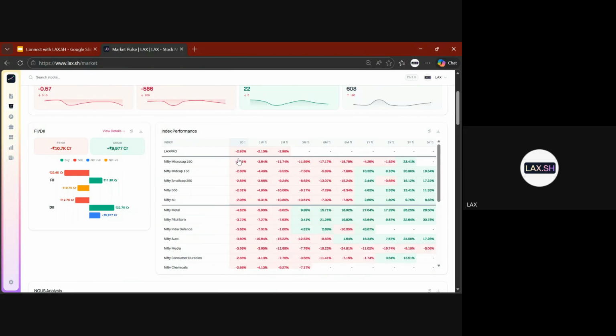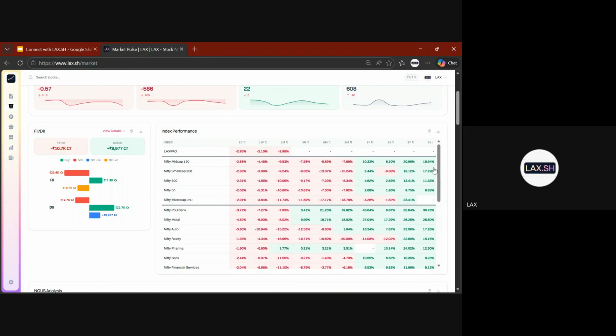You can also look at this. You'll see what has fallen most: Nifty Metal, PSU Bank, Defense, Auto, Media. Basically, whatever has been doing really great has fallen the most on Friday. That is the simple one-line story. You can look at the 5-year CAGR. What has the highest CAGR? 5-year Nifty Mid Cap 150, 18.54, right? This is CAGR.